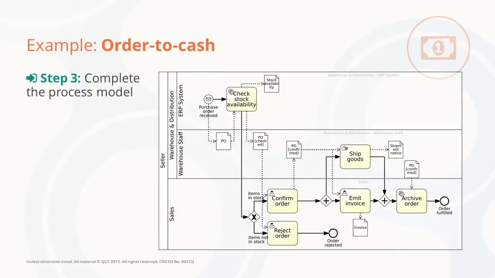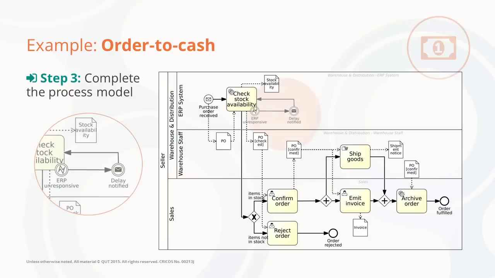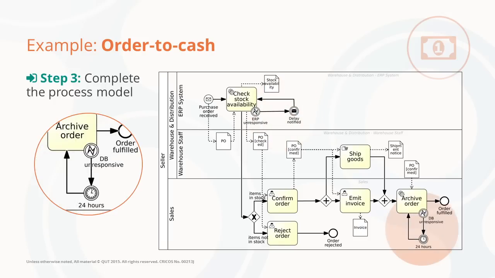In terms of technology-related exceptions, we see that here, in this example, we interact with two external systems, an ERP that performs the checking of the stock availability, and an orders database as far as the archival of the order is concerned. So clearly, a technology-related exception could be that either system is unavailable. So hence, we could specify this with an intermediate catching error event attached to the border of each of these service tasks. So if the ERP or the database is unresponsive, then we can notify the delay to the customer